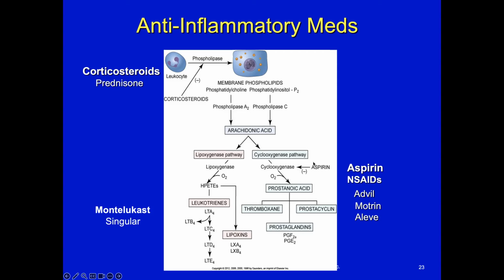And then here on the COX pathway, notice aspirin is indicated here. So aspirin as well as NSAIDs, and NSAID stands for non-steroidal anti-inflammatory drugs. That represents Advil, Motrin, Aleve, among others. So these are able to affect all of the mediators created here along the COX pathway. Aspirin is very effective, though, in blocking the thromboxane production. So what you see here is an effect on blood clotting.